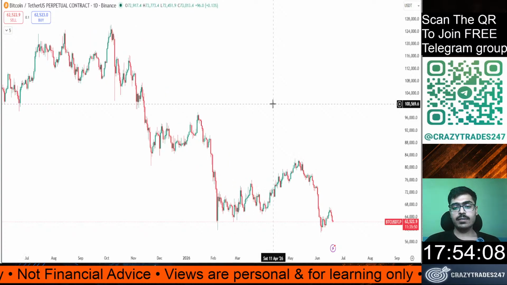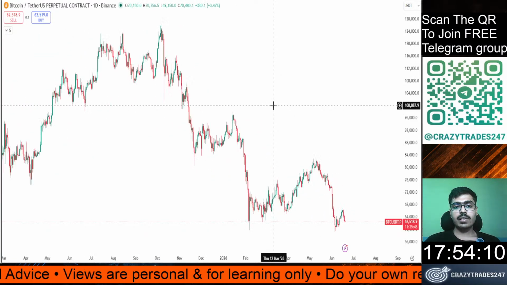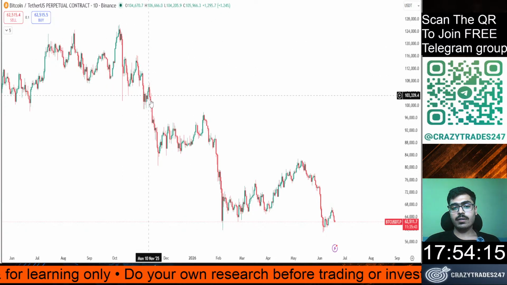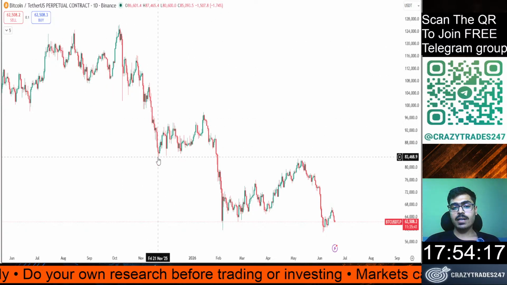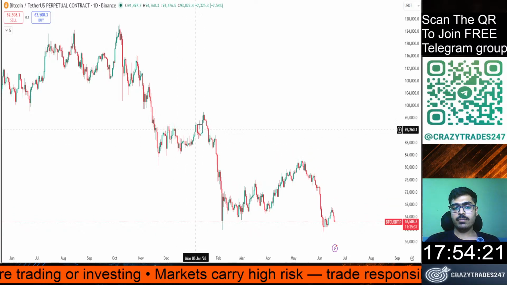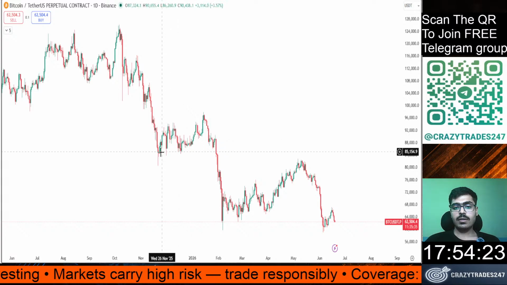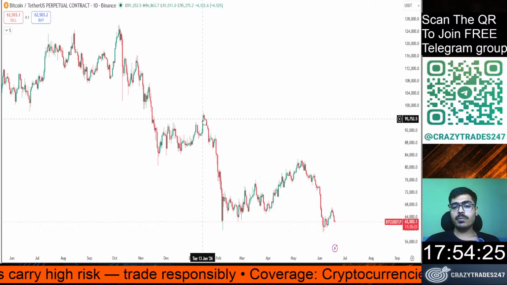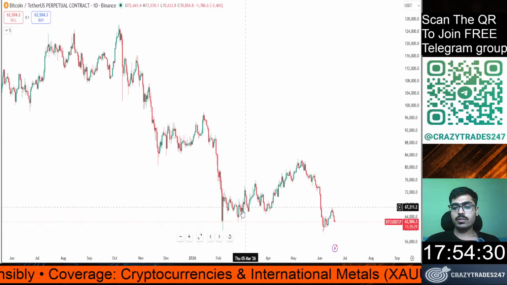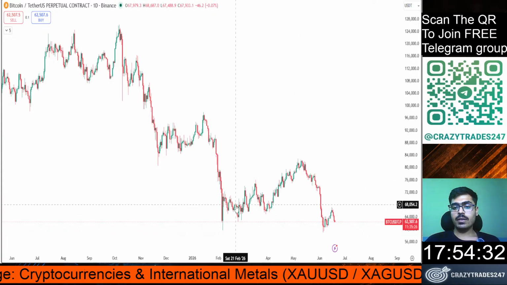This is the daily time frame chart of Bitcoin, and we can easily see a pattern here. Price is making big downswings, and after that, it's a common phenomenon to see a pullback. And upon completion of the pullback period, price again starts to show some big downswings. A similar thing happened here also,